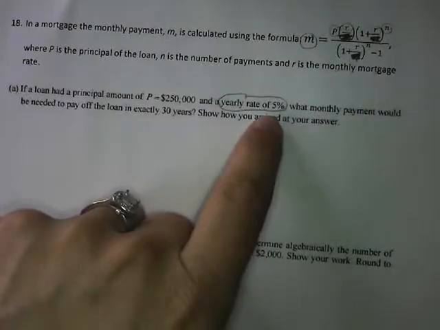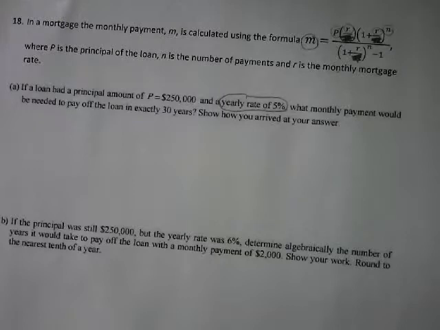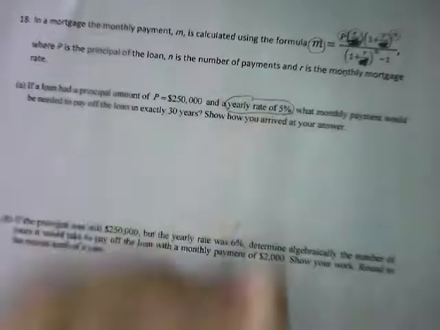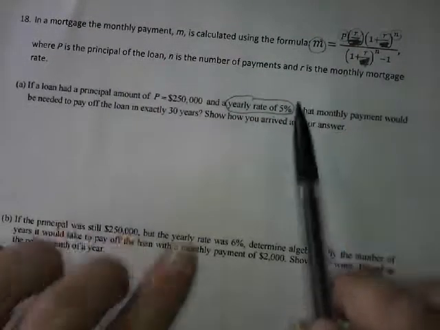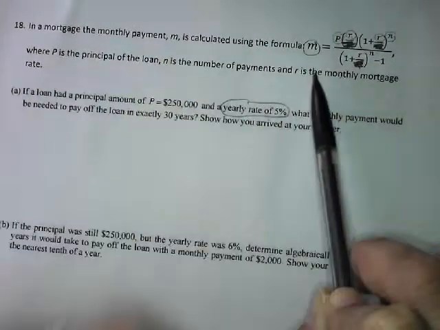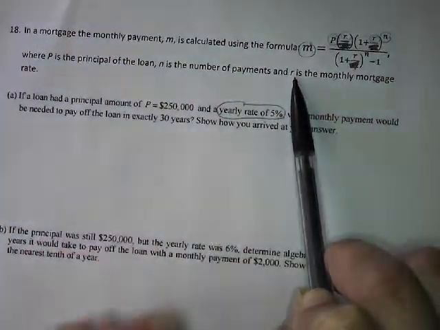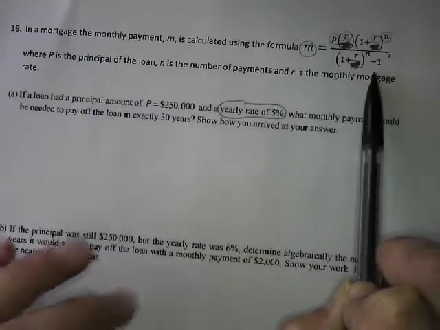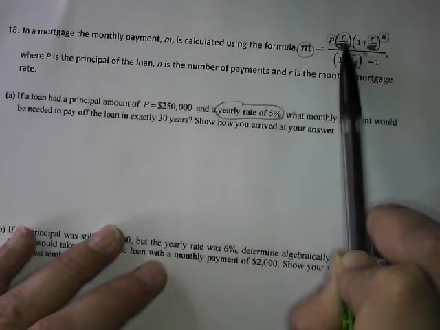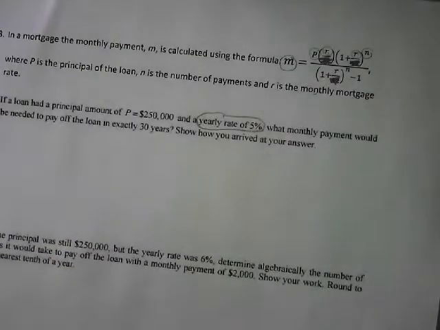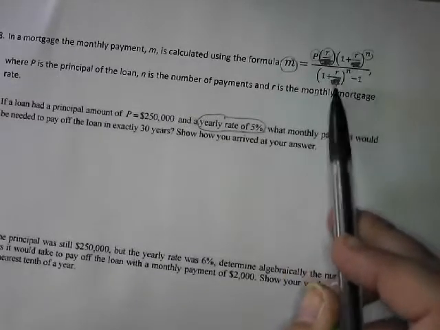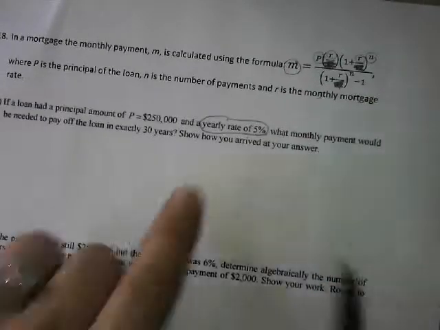We just have to divide it into 12 parts, right? It's kind of that compounding idea again. That 5% that you're going to accrue over a year's span is split up on a monthly basis. So, since she said, and I said she because Mrs. Zigai kind of put this worksheet together, R is the monthly mortgage rate, so we're not gonna plug in .05 for R. We have to plug in .05 divided into 12 parts. So she kind of put that divided into 12 there for you, but since R is our monthly mortgage rate,